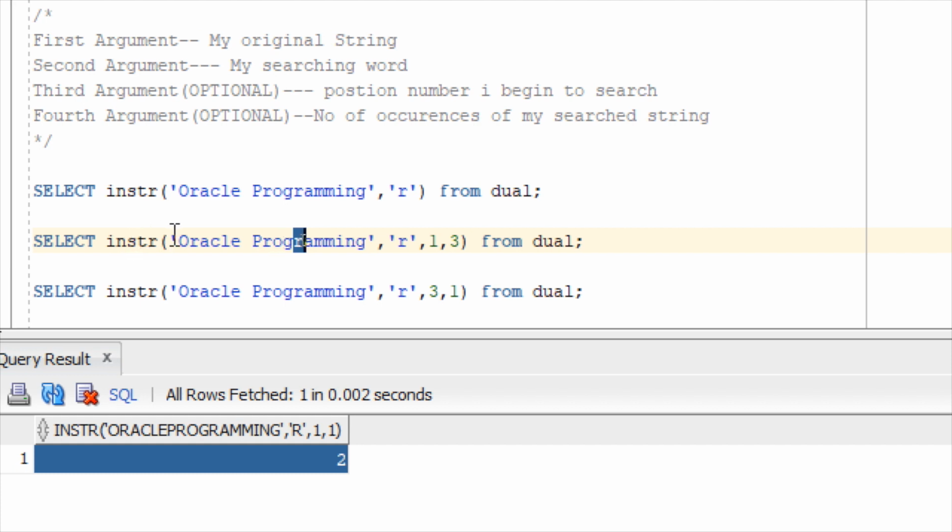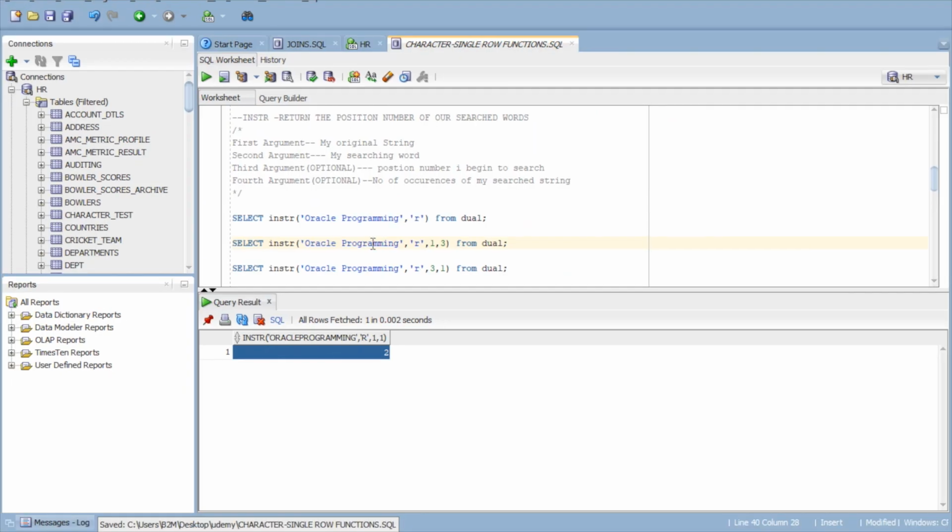You count the position number from 1, 2, 3, 4, 5, 6. Count the space also: 7, 8, 9, 10, 11, 12. So R was there in the 12th position, right? So now if I execute the query,